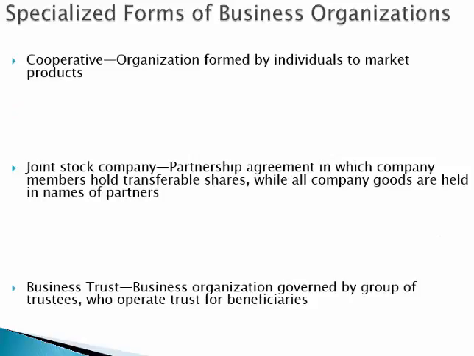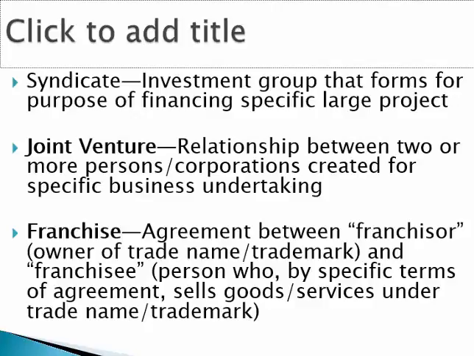So we have some special forms of business organizations. The cooperative, which is an organization formed by individuals that might create market products. The joint stock corporation and business trust. I'm going to allow you to read about that in your book. I don't lecture heavily on it. But I would like you to know the